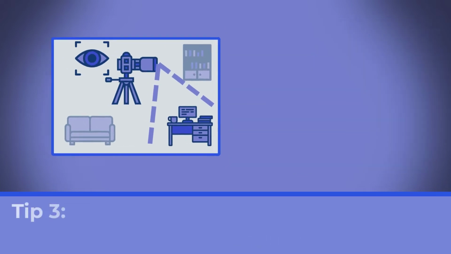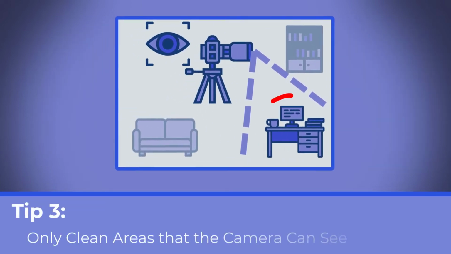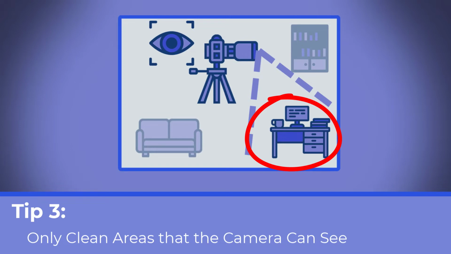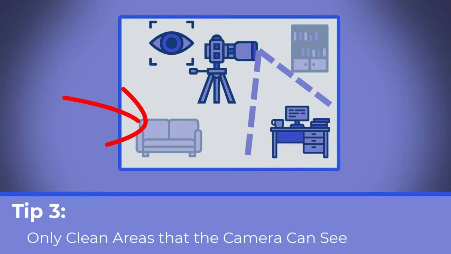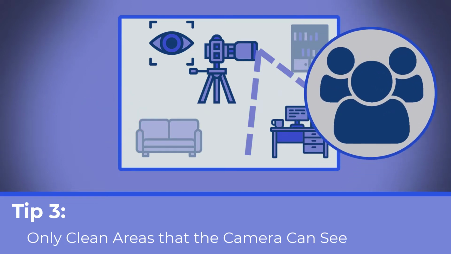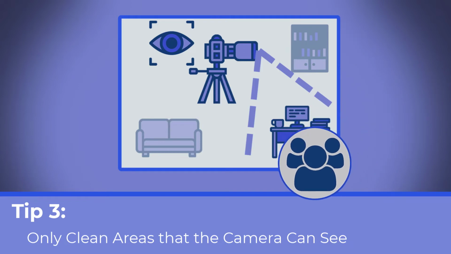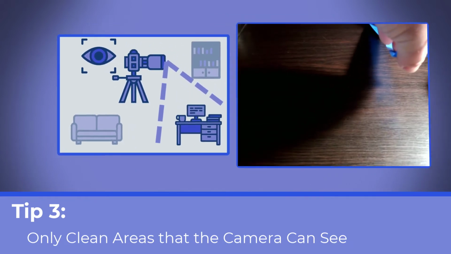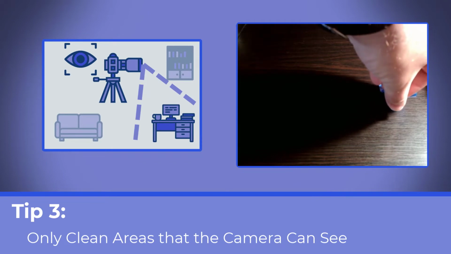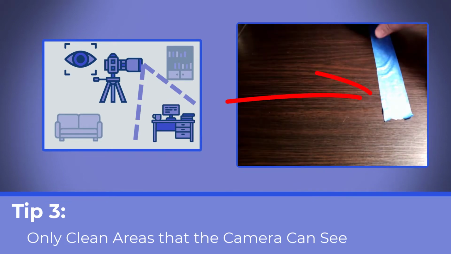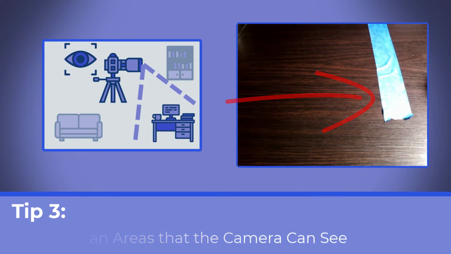Tip 3. Only worry about cleaning the area that the camera can see. So many times people panic because their offices are messy or they've got too much junk around their studio or something like that. Even if this is the case, no viewer is going to know because the camera only records the area of the room that it sees. More so, if you marked up that area with the painter's tape, like we mentioned in tip 2, then you know exactly where to clean up and fancy up to make it look nice.